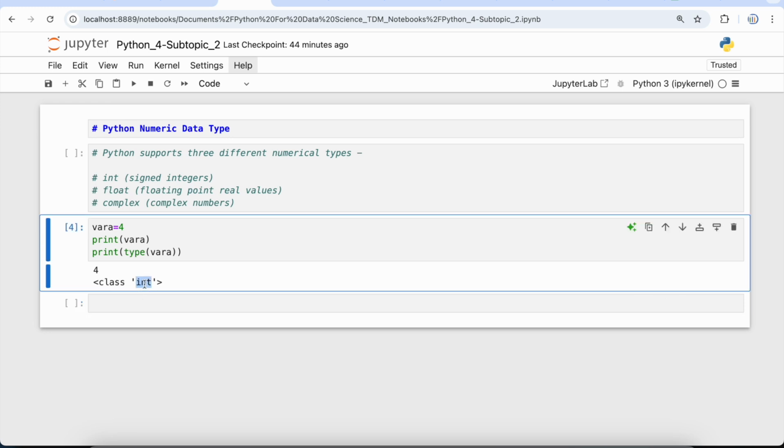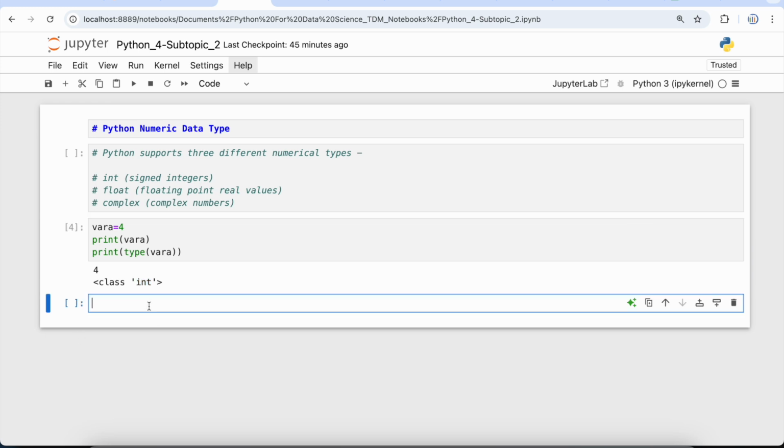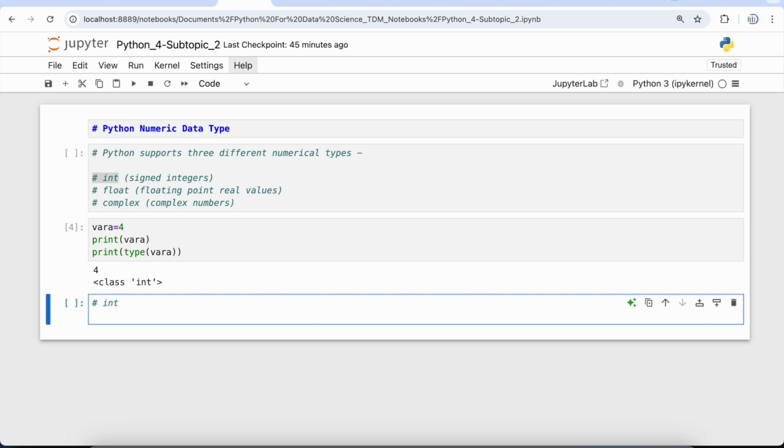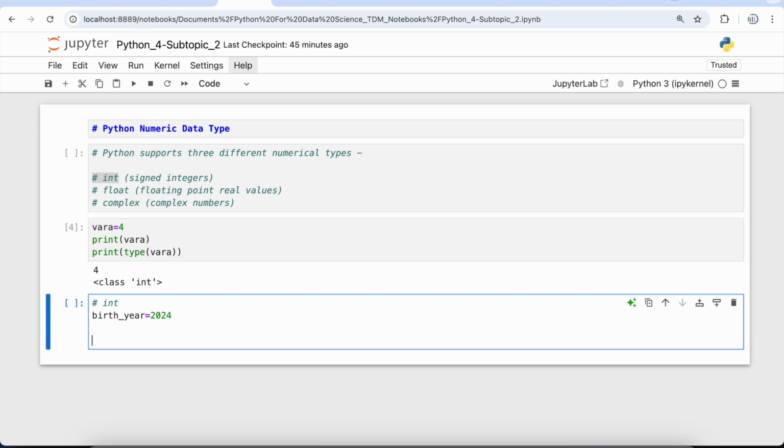So let's go and create examples to see how we can use these three numeric data types. The first type is the integer type. Let me copy this from here and put it over here. For this example, we are going to take a birth year and then put it into a string. So let's first declare the birth year. We have birth year is equal to 2024, let's say, and then we are going to print